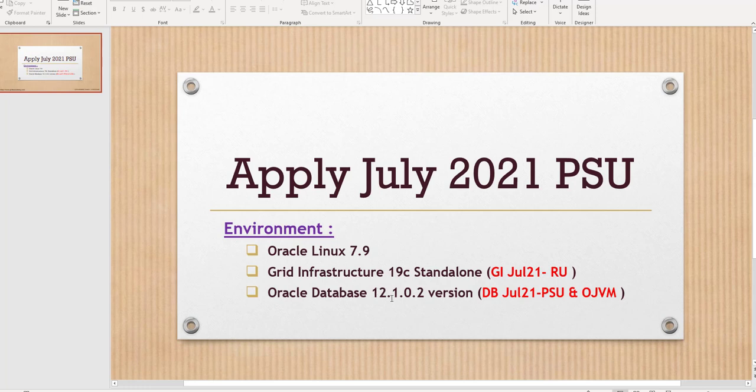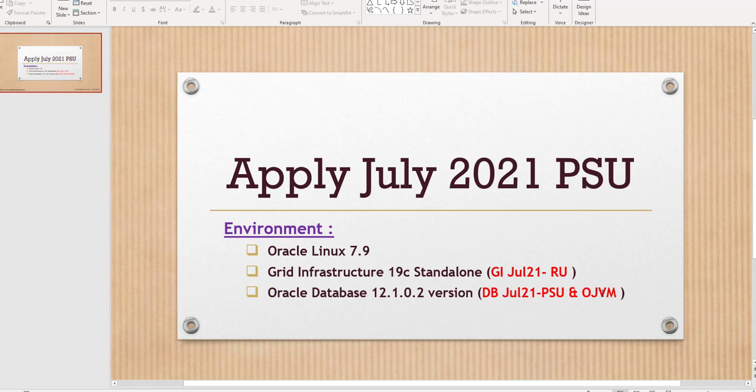With this environment, we are going to apply the July 2021 release update to Grid Infrastructure, and on the RDBMS home, the July 2021 PSU along with OJVM.